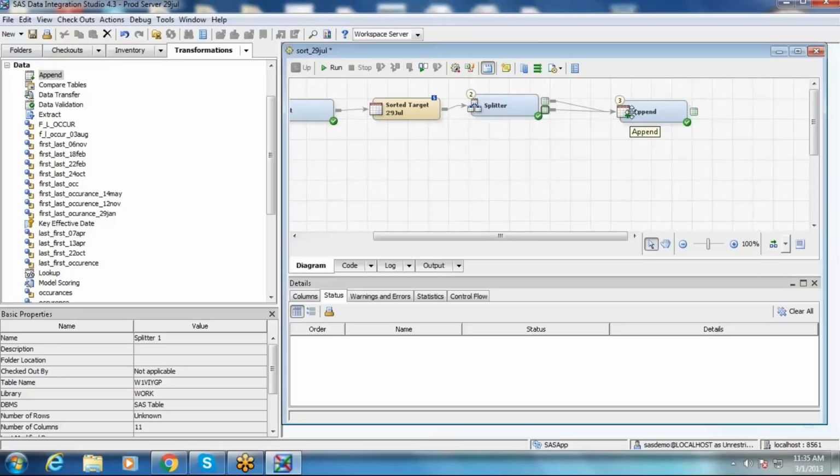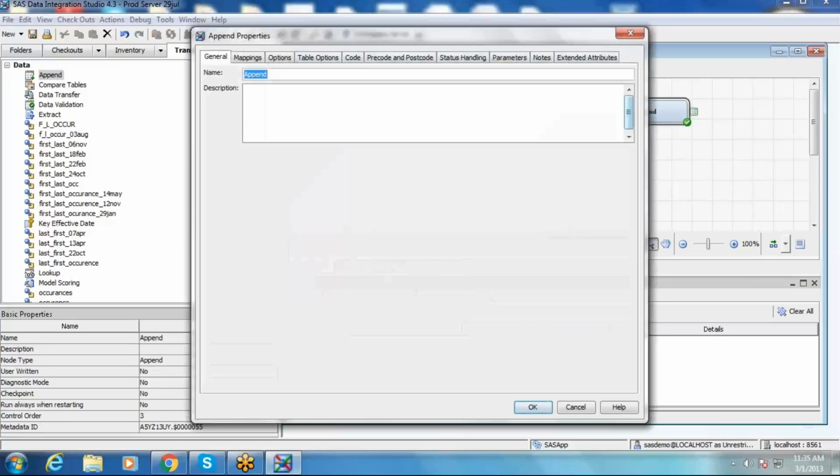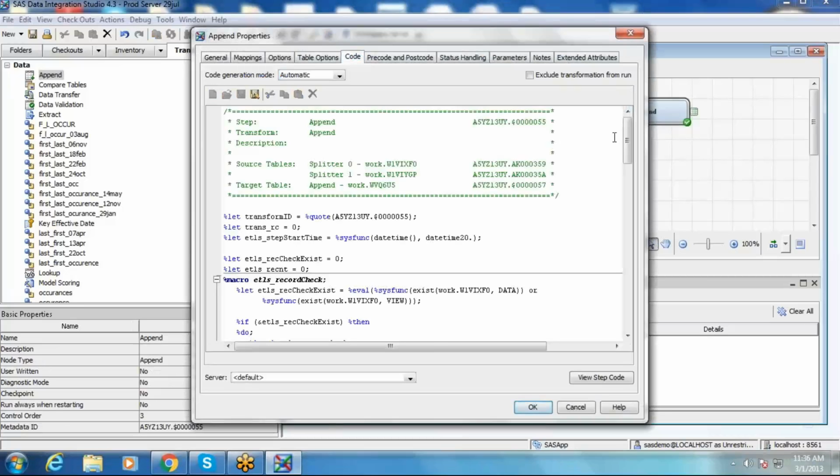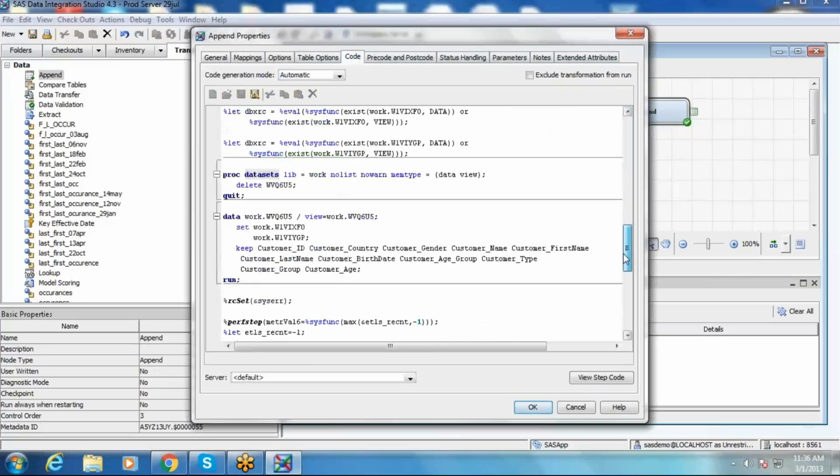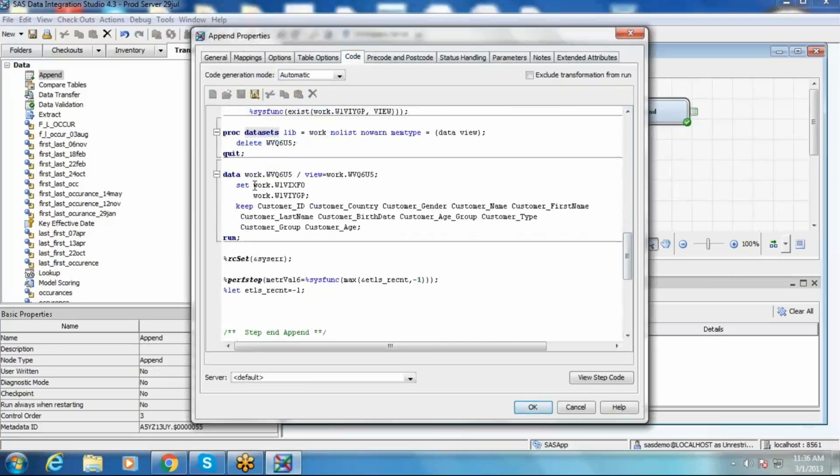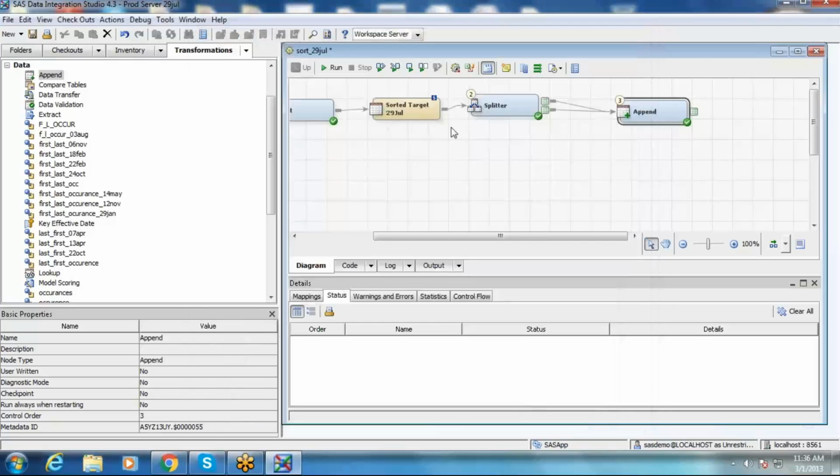If you look at the code that is auto generated, just go to the transformation properties, go to the code tab, go down, you can see a simple set statement which we generally use in SAS base, right? The step says by default it's complete because you don't have any issue in terms of columns.